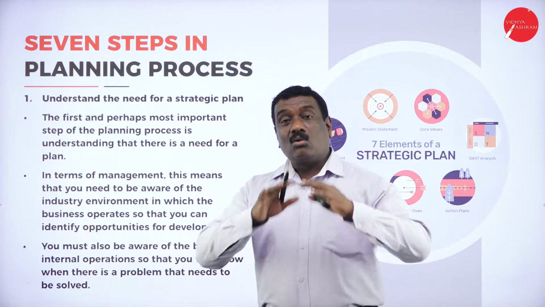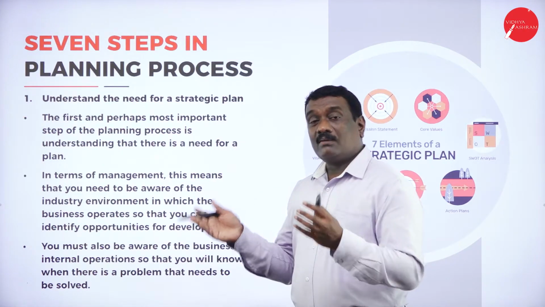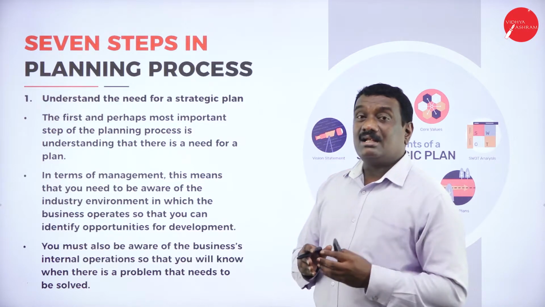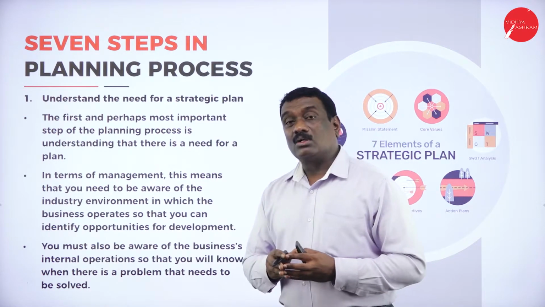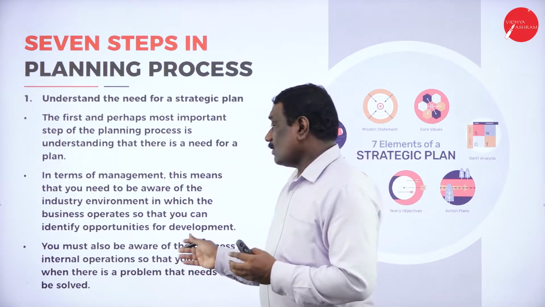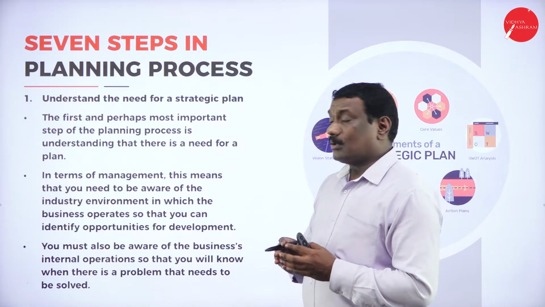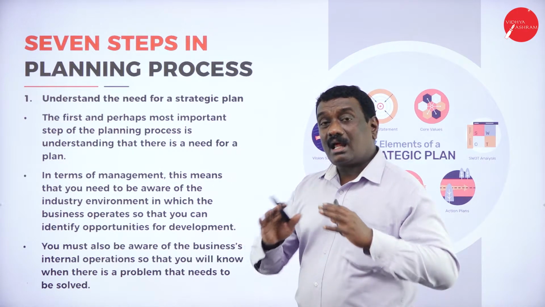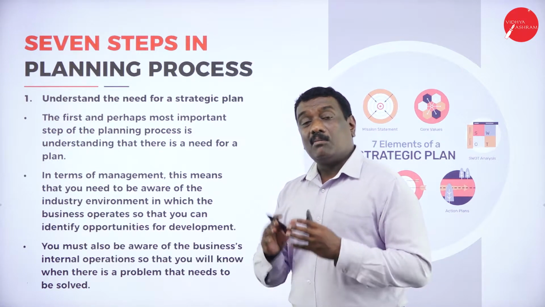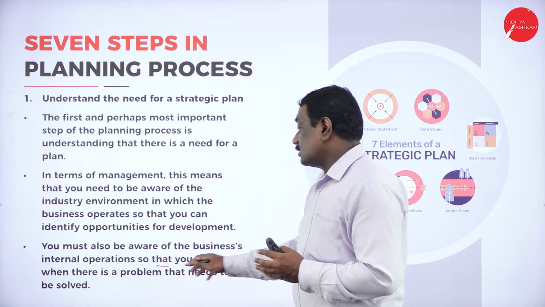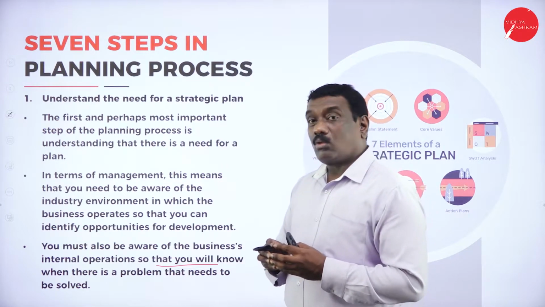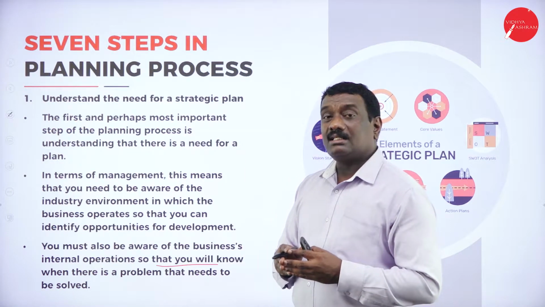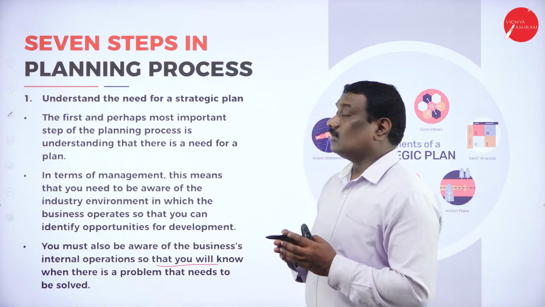So they need to understand what is the environment of the industry as well as where the business operates, so that you can easily identify the opportunities for the development or the growth of your industry or for your plan. Here the managers as well as the top level management should be aware of the business internal operations. They should be very clear, alert and aware about the internal operations. That will be helpful in order to know what problems they are facing internally as well as how to solve them. That is why they say that you need to understand the need for strategic plan,